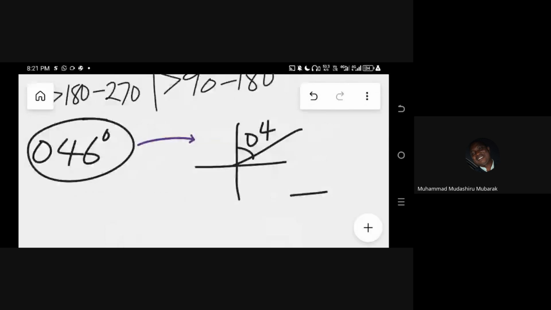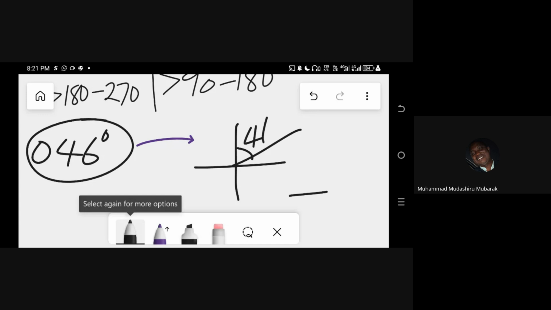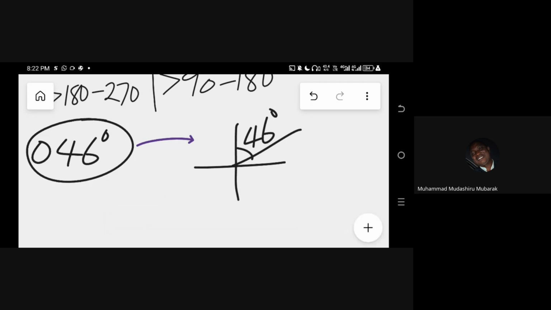I will put it in the first quadrant. The reason why I will put it in the first quadrant is because I can find 46 degrees in the first quadrant, because 46 degrees is between 0 and 90. So I know that 46 degrees is in the first quadrant, and I will put it there. Now, if I proceed,